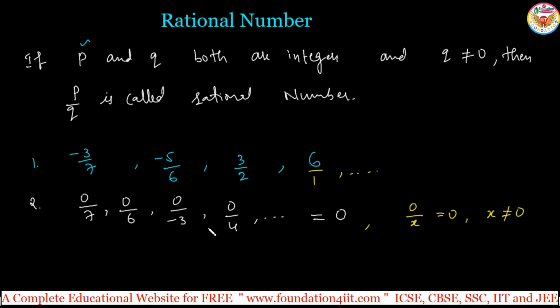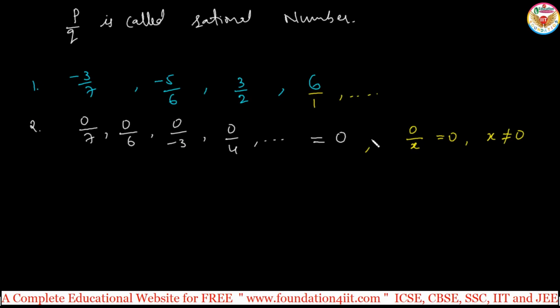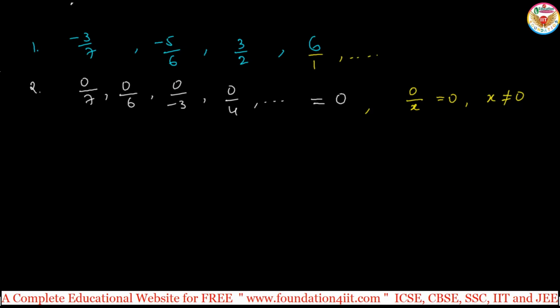Okay, so these are the concepts you can apply for rational numbers, P by Q form, and Q is non-zero, right? This is the main thing. And when you come to the basic properties about this, all the rational numbers must be in standard form. Okay, for example, 13 by 26. This is a rational number because 13 is an integer, 26 is also an integer. But as per the standard form, there should not be any common factor for 13 and 26. 13 ones are 13, 13 twos are 26. So this is 1 by 2. So 13 is a common factor.